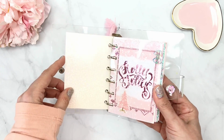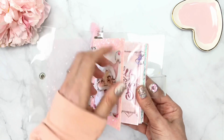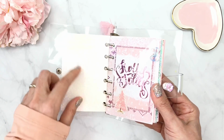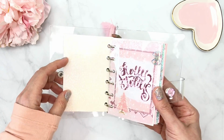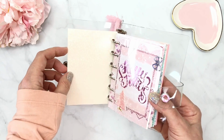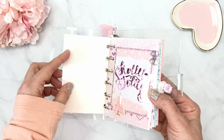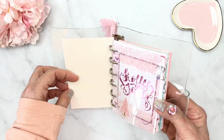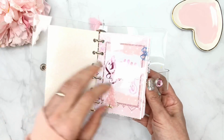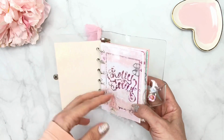Now for the back, I don't know if you can tell, but the thing I don't like about this super thick cardstock by Hobby Lobby is that the back looks kind of cheap. It just doesn't look very finished. So I put on a paper you can buy at Hobby Lobby, it's clear and shimmery, and it adds a little something. Then I added this acetate sheet